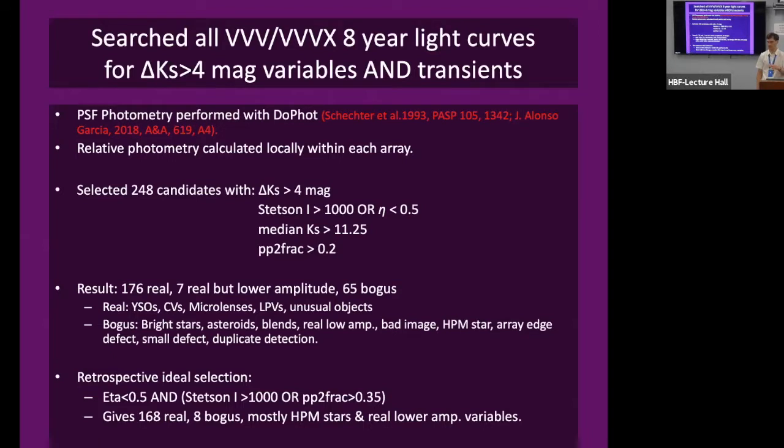Okay, and the other one, which is very important if you're going to use VIRAC version 2, as Lee mentioned, half of the sources are not real because of all the things which are found near the bright stars, the halos of the PSF. So what you want is sources to be detected a reasonably large fraction of the time, so that you know it's a real source. So there's this parameter called PP2FRAC, is perhaps the easiest way to use it,